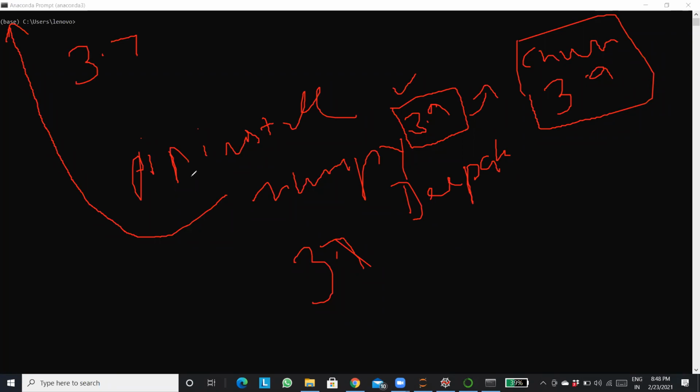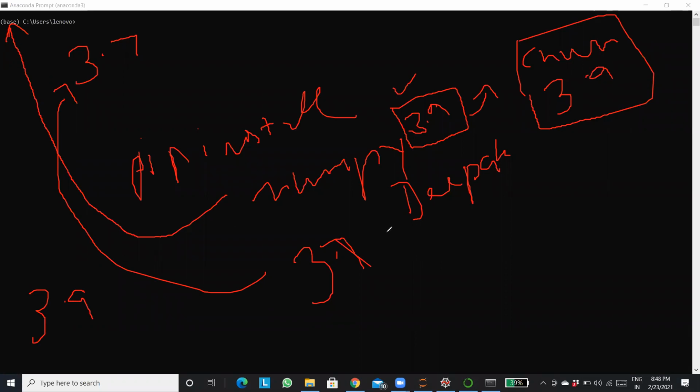Now what should Deepak do? Because anyways it's not going to work, there will be some version conflict. What is Deepak going to do? He has 3.7, so he'll install 3.9, right? Done.